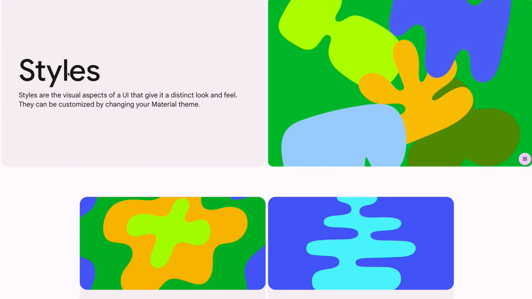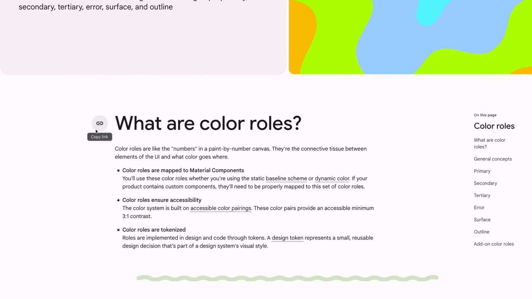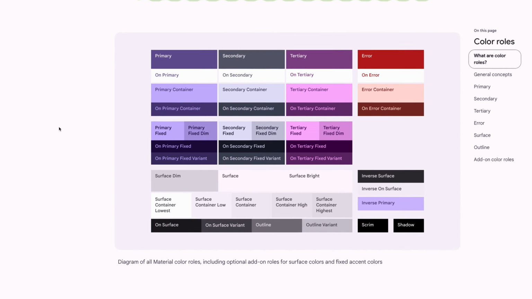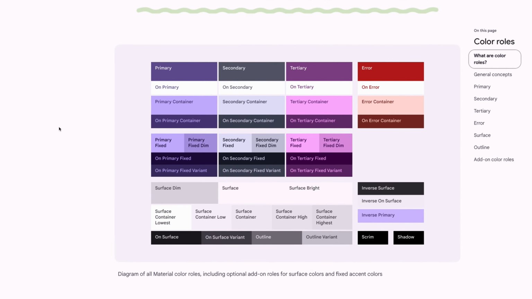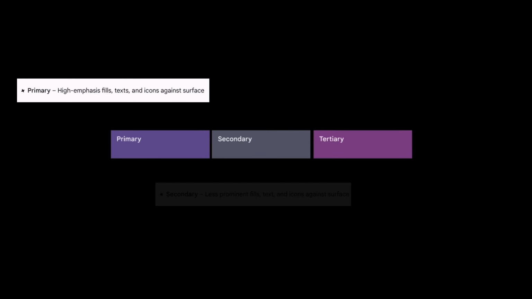We've briefly talked about material design before, and now it's finally time to have a closer look. And we'll be starting off with colors. First things first, this design framework has different color roles. We see that all the roles have their own names, like primary, secondary, tertiary, and they determine the color purpose